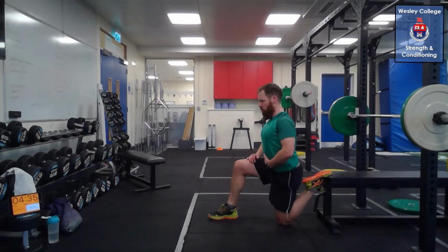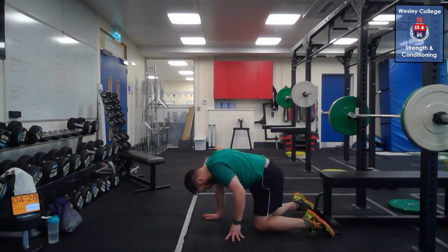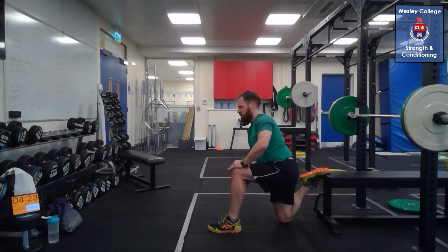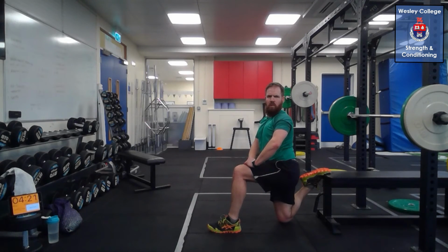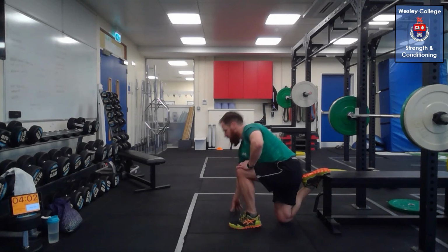Nice and strong. Core, tuck and squeeze. Last few seconds. 3, 2, 1, and release. Switching it over. Opposite leg. Knee down, foot forward, come up and hold. Breathe. Last 10 seconds, tuck and squeeze. 5, 4, 3, 2,